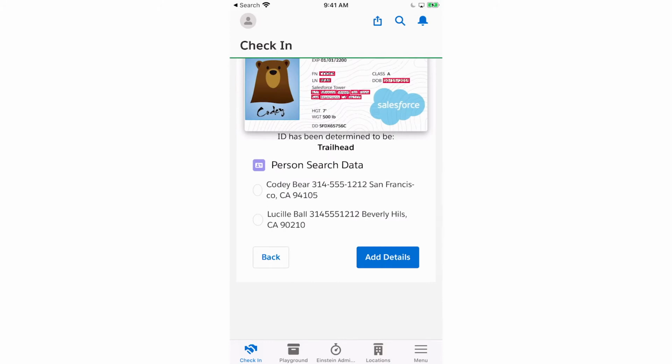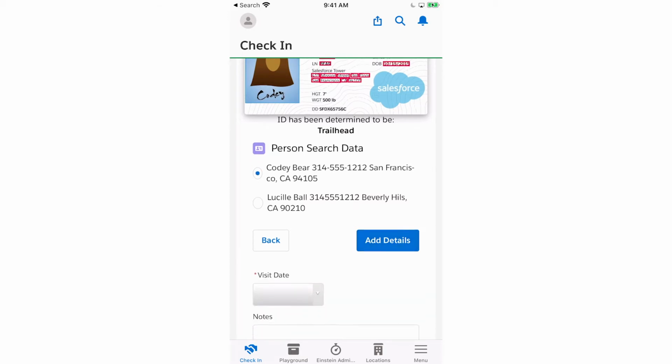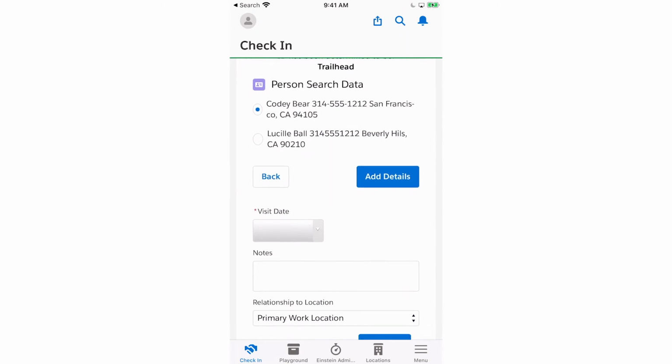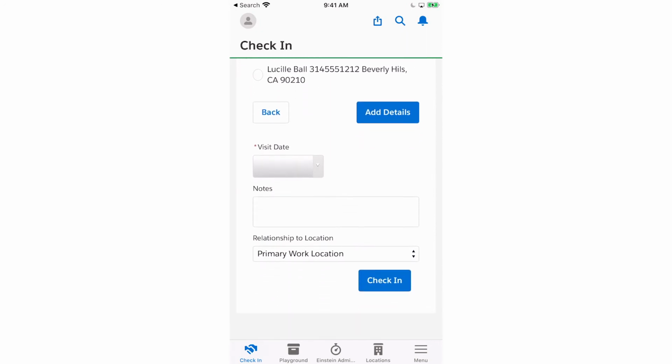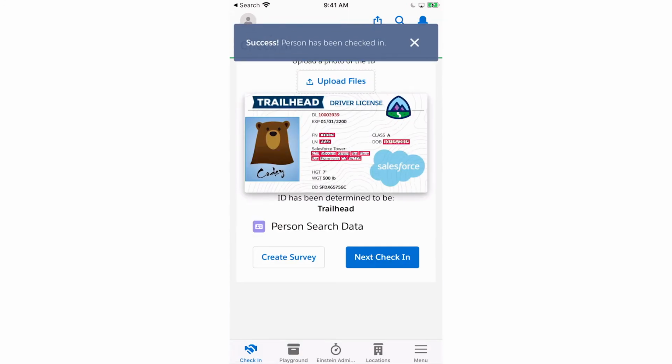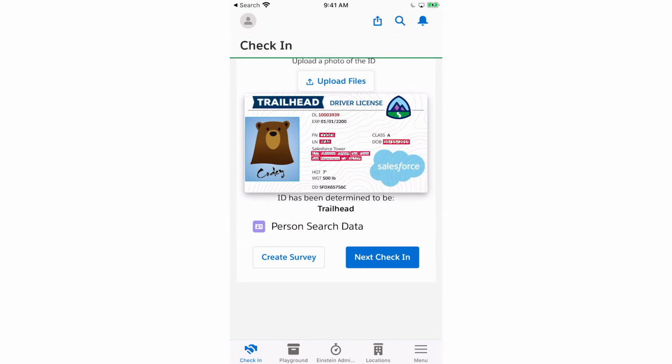In the backend, an Apex class does a quick search to identify if a visitor record exists. If a record isn't found, this app allows Alicia to create a new visitor record. In our case, Cody's already been here, so he's in the system. Alicia now has the option to complete the check-in process by entering in the date, some notes, and other details important to our business. In addition to allowing Alicia to quickly check in visitors, OCR enables businesses to store this data for contact tracing.